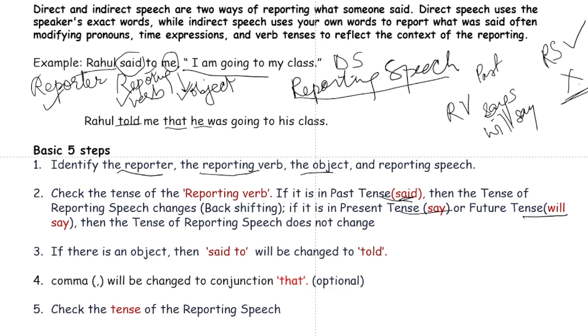The third basic step is, if I have an object and it is said to, then this said to will change into told. Clear? And this comma will be changed to the conjunction that. Again, it's optional. If you want to change into that, you can, otherwise you can skip it also. But it is always recommended to use that. Then we need to check the tense of the reporting speech. Clear? These are the 5 basic steps. Just go through it and understand. With an example, you will